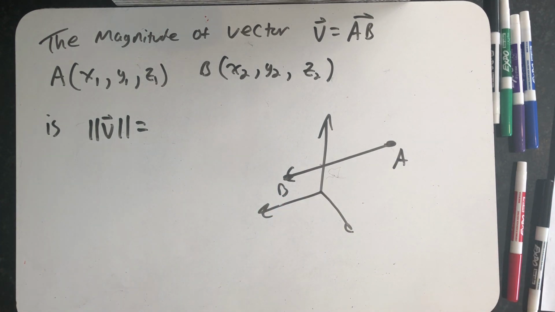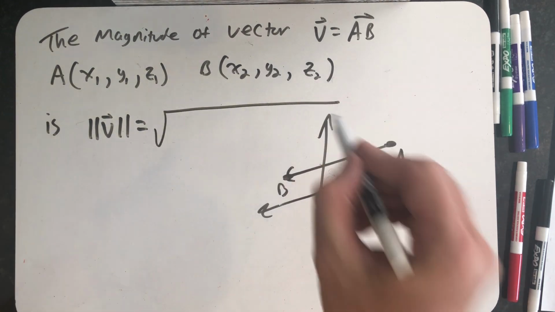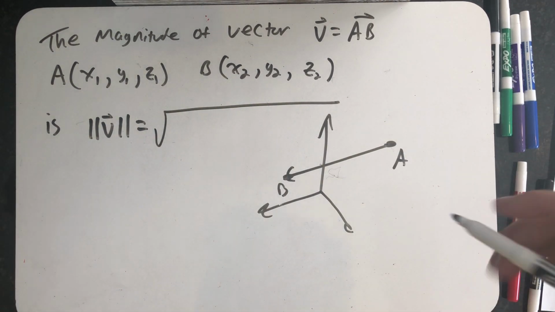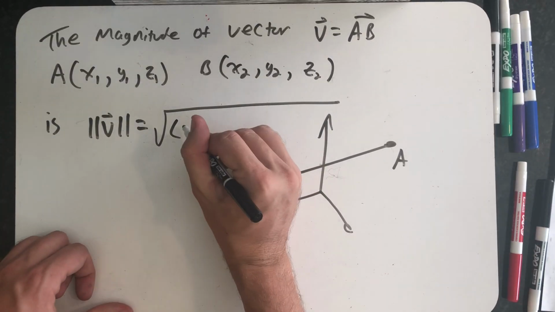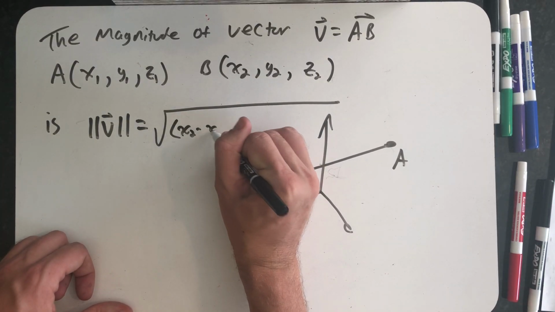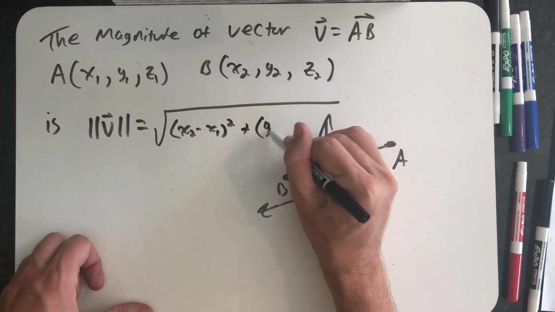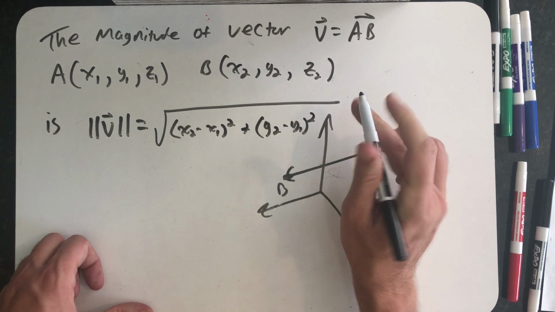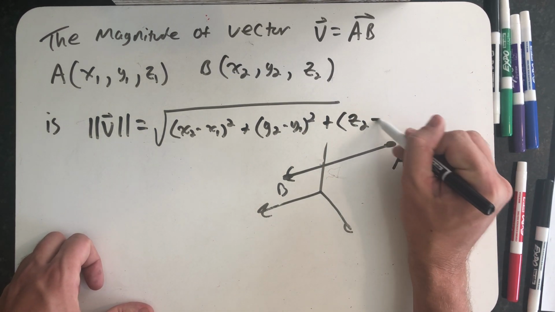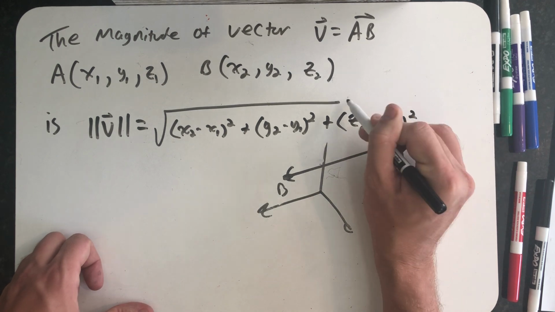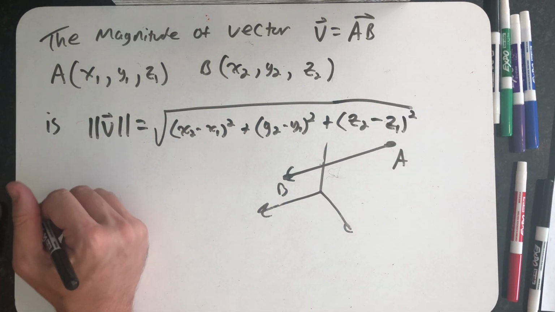And there's the big idea: I just need to use the distance formula. Well, we derived the distance formula in one of our very first videos. So I take the difference in the x's and I square them, take the difference in the y's and I square that, and then I do the same thing with the difference in the z's. Just using the distance formula, there is the magnitude of that vector. But even better than that,